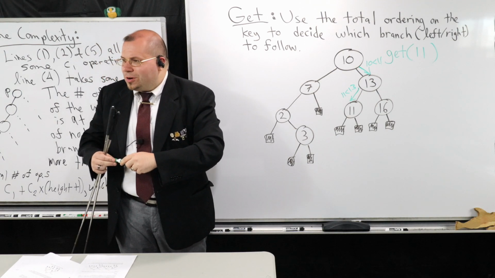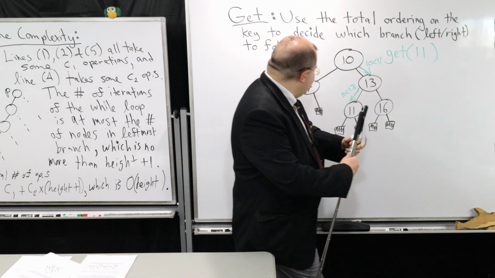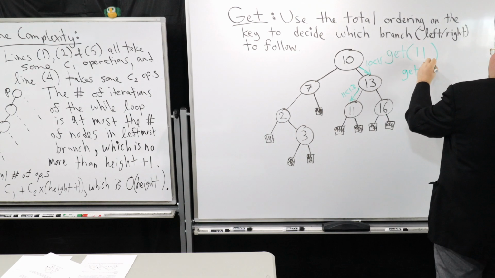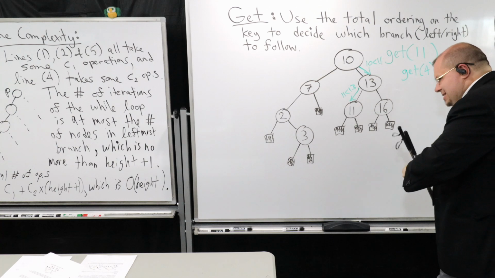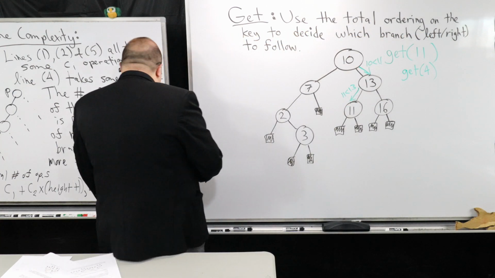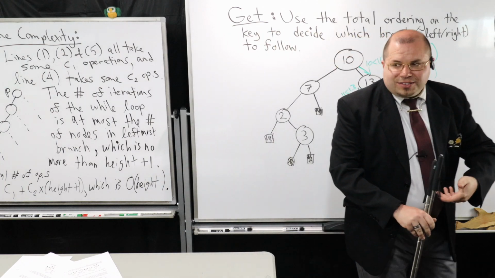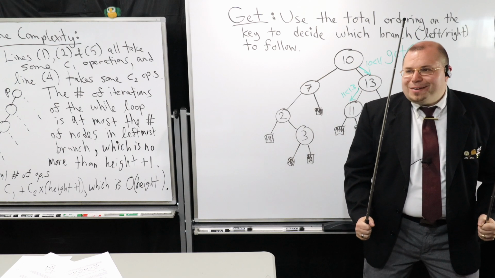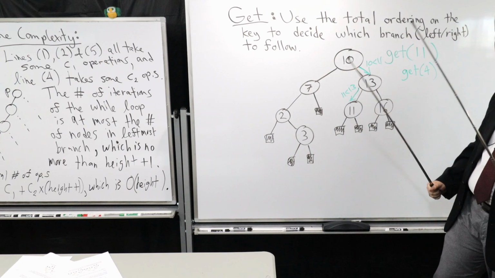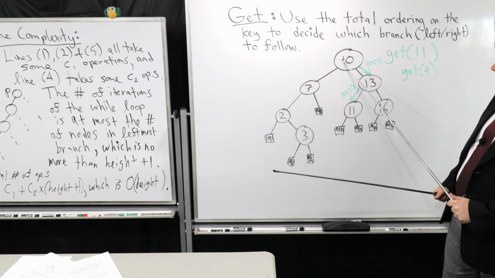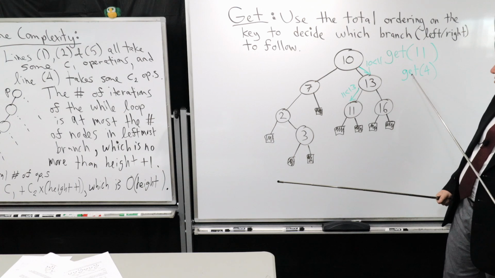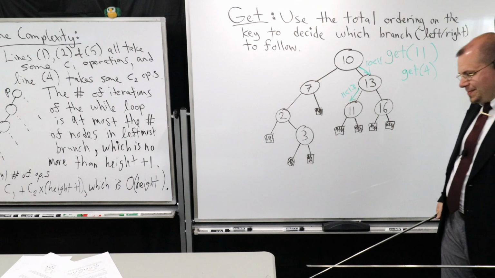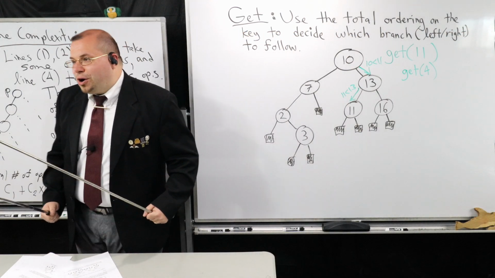I thought I'd go through this one more time with one more key. I have another example in the notes, but we're going to try getting 4 this time, just for the sake of ease. This time I'm not going to trace through it, I'm going to direct it with you. So you have to help guide me to where we need to go, just to see if we get the idea. We're going to start at the root. We're going to try to get 4. Do we go left or right? We're going to go left, right?